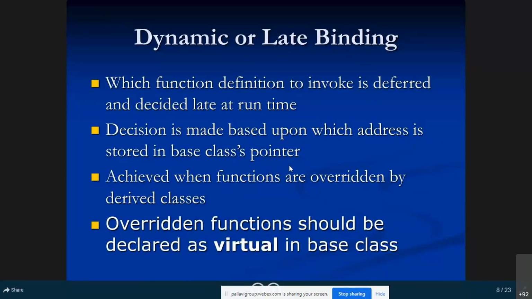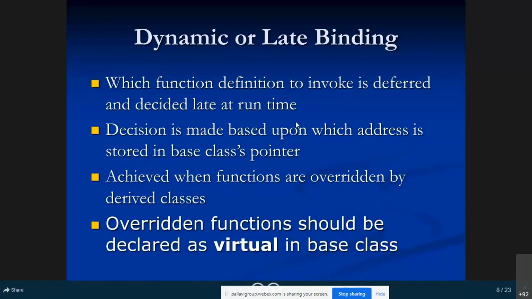Based on that pointer only, at the time of running your code, you are going to call your functions. I will show that example program once again, by using pointers, how you are able to call your base class members and derived class members.